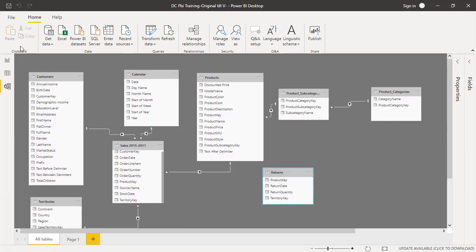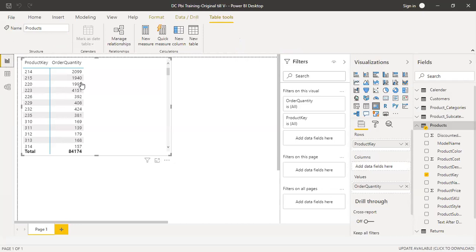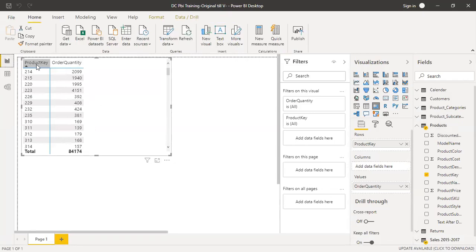Okay. Now let's go to chart, click on it. We have order quantity, we have product key. In the last session we took a demo of how, before creating the data model, these numbers were not correct for the product key. It was all 8 4 1 and 4 because the data tables were not connected. But after data modeling, we found this was correct.